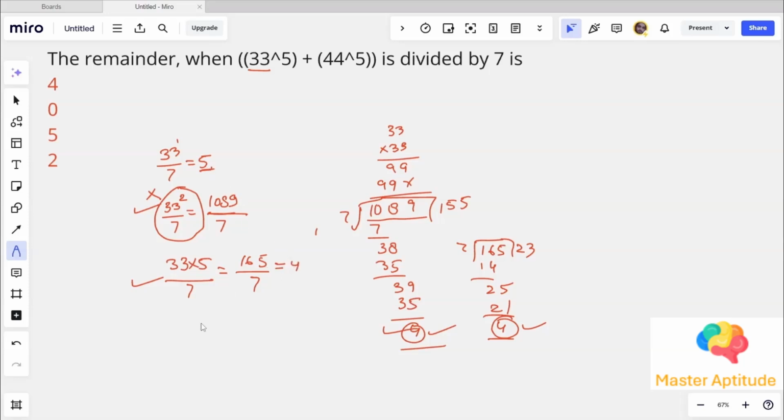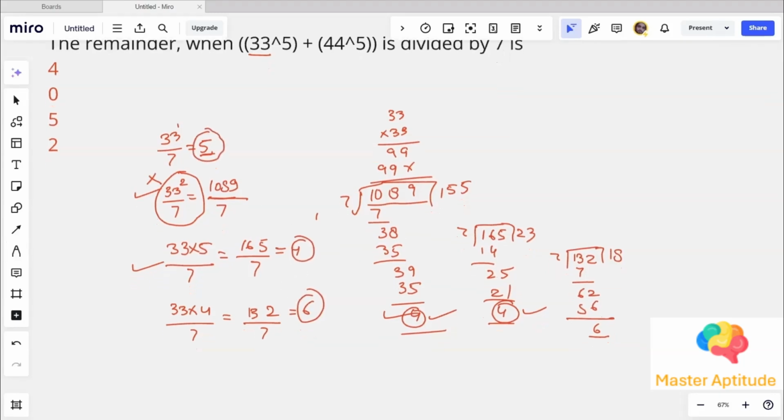So 5, 4. Now we will keep dividing until we get 1 as a remainder. Our base is 33 and our previous remainder is 4, so 4 3 is 12, 1 carry, 4 3 is 12, and 1 carry, 132 divided by 7. What will be the remainder? 132 divided by 7, 7 1 is 7, and 6 2, and 7 8 is 56. So as you can see, our remainder is 6. So another remainder is 6. Let me circle this. So these all are our remainders.